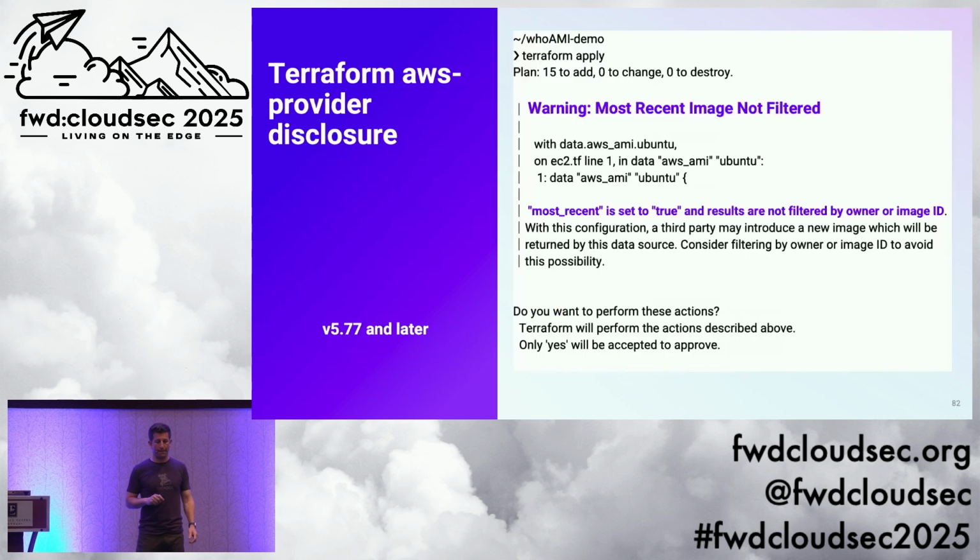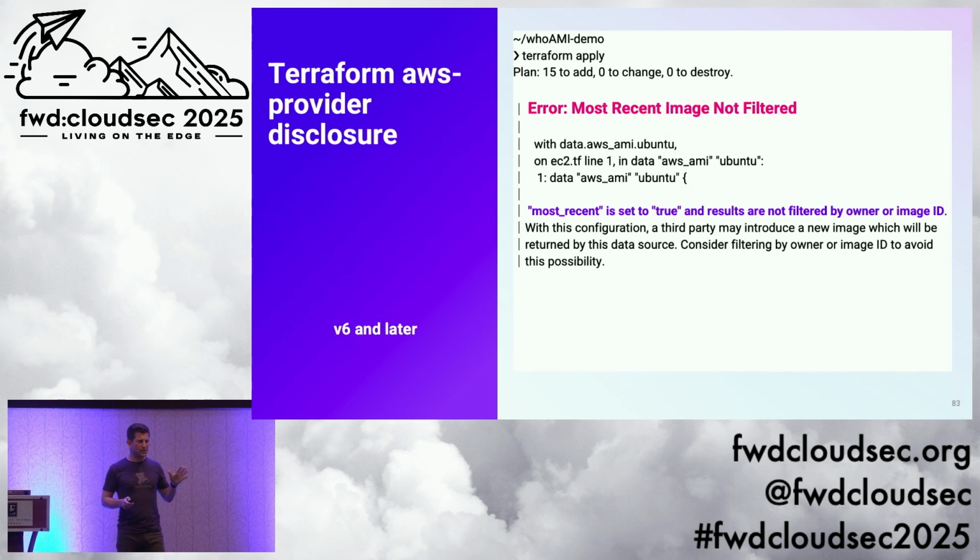And then the last thing I'm happy to share on this side is that we worked with HashiCorp's AWS provider team, and told them, listen, this used to be required, now it's optional, what can we do? To this day, it's still optional, but they have a more elegant fix. They simply say, if you're using most_recent true, and you are not filtering by owner, owner ID, or owner alias, they're going to warn you as of version 5.77. And I think around 2 weeks ago, version 6 of the provider was released, and it's now a blocking error. So that's awesome.